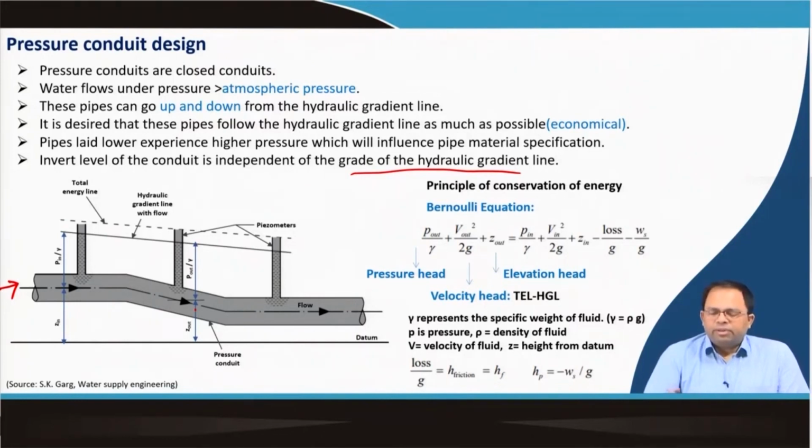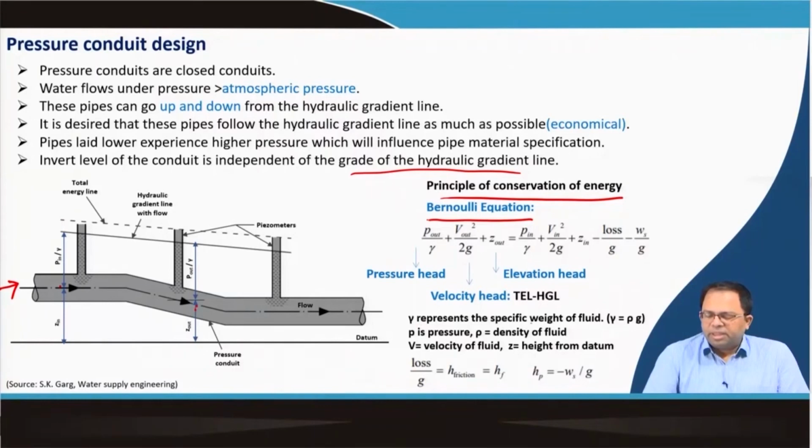So to do that, we first have to understand the principle of conservation of energy. That is based on which we determine the pressure in a pipeline, and we use Bernoulli's equation. We can write Bernoulli's equation in different forms, but over here we write it in this particular order, where P out is the pressure over here at this particular point, and divided by this